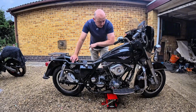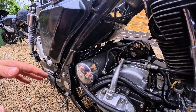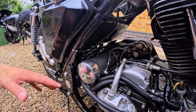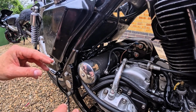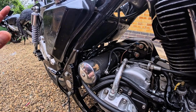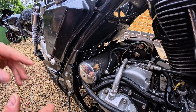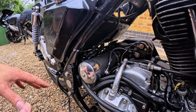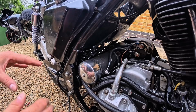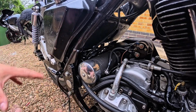Right, let me show you what we've got to do. So this is what I'm thinking, guys. This is my plan. What I want to do is make an alteration to the oil tank, because I'm really not happy with something there. Get a clutch cable on it, get a starter solenoid on it, bleed the brakes up, got a new brake line, got a new rear master cylinder. I just want to do those couple of bits, probably a Sunday's work and one video,